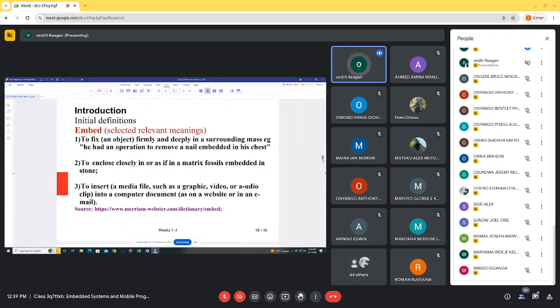to fix an object family and deploy in a surrounding mass, or had an operation to remove a nail embedded in his chest. So you really need to understand the word embedded properly, so that once you come across the implementation of a device or equipment which is enhanced using an embedded system, then you can closely understand what embedded